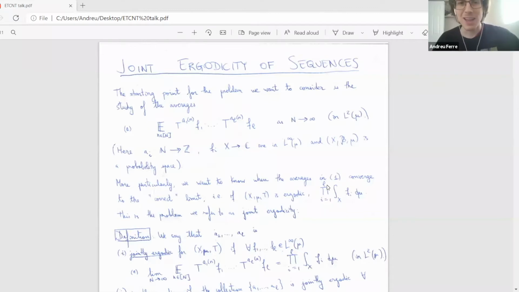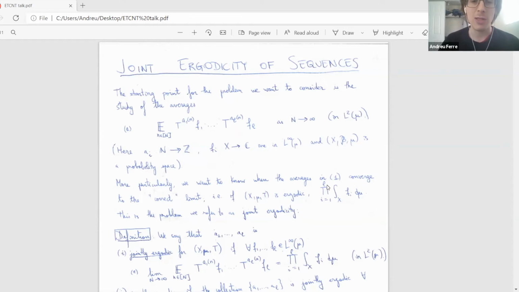Okay, thank you. Because of Furstenberg's proof of Szemerédi's theorem, there's been some interest in understanding when certain averages of functions converge to the product of integrals. That would be the case, as we discussed before, for the weakly mixing transformations, right? But more generally, what we want to do is consider something more general than n, 2n, 3n, et cetera,